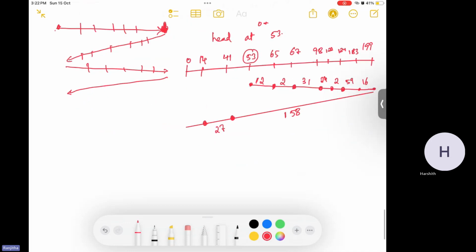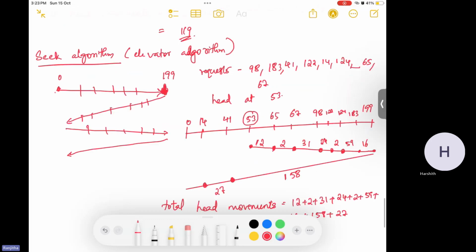So the total head movements will be 12 plus 2 plus 31 plus 24 plus 2 plus 59 plus 16 plus 158 plus 27, which is 331,